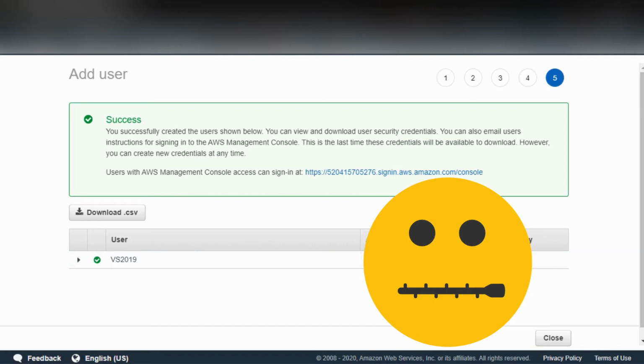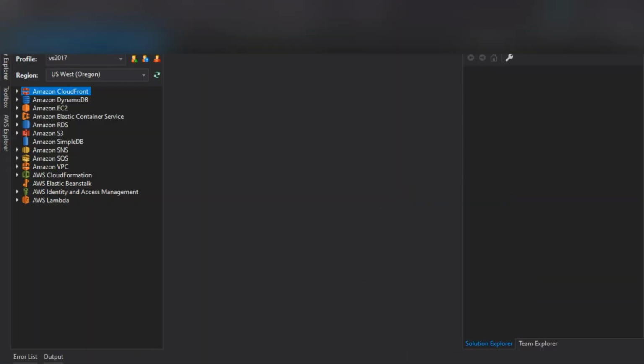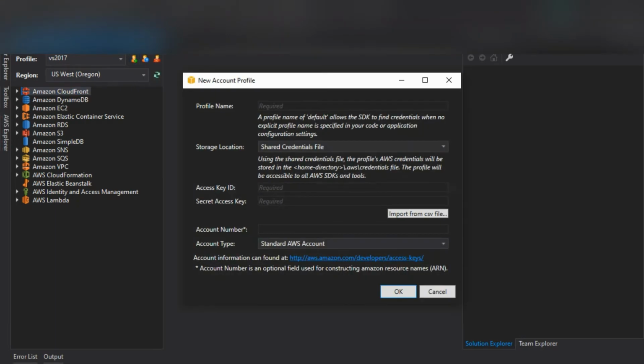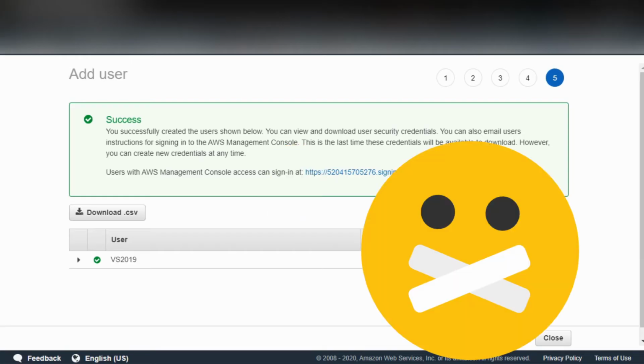for the VS 2019 user. We're going to head back over here and say, I want to add a new profile. Profile name, we will call this VS 2019. Of course you could follow your naming conventions, or you could download the CSV file from the IAM service and then import it, but we're just going to manually set it up this way. So now let's go grab the secret. I will show that. We'll copy that